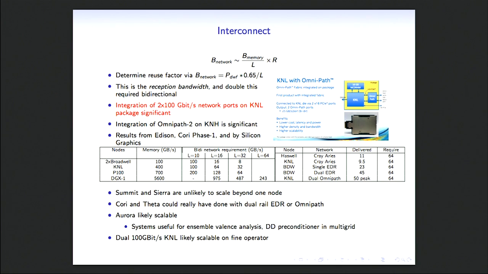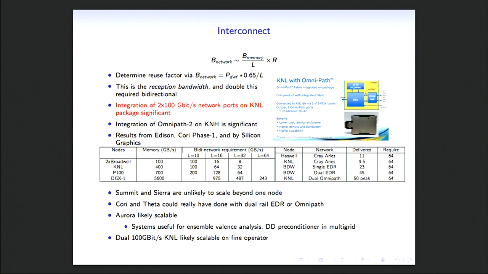Now that said, and with the bandwidth analysis that I introduced at the start, we can estimate the network bandwidth we require in a number of different systems by looking at the delivered performance on a single node and taking this 1/L factor. QCD is a particularly difficult problem because it's 4-dimensional, not 3-dimensional. We want something like a 16 to the 4th local volume and 128 to the 4th global volume, so we hit 8 to the 4th, a good factor of 10,000 nodes that we can run on. We can easily hit